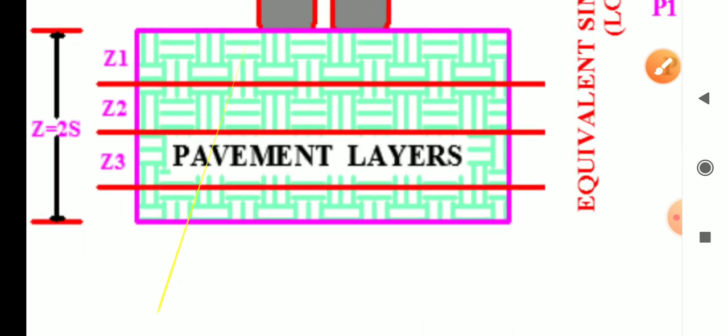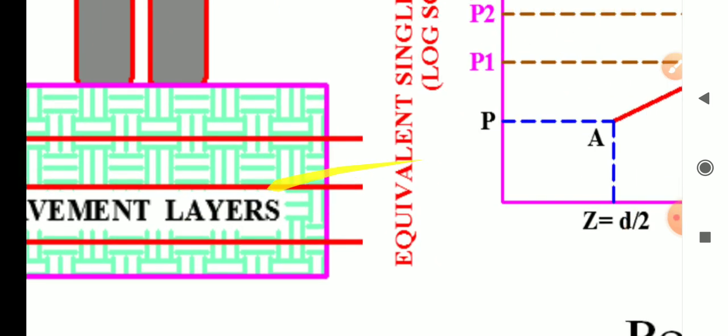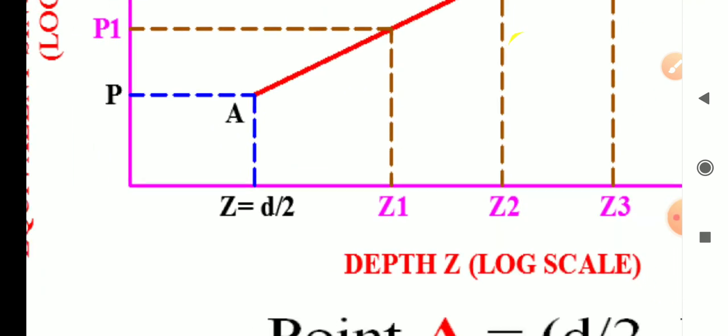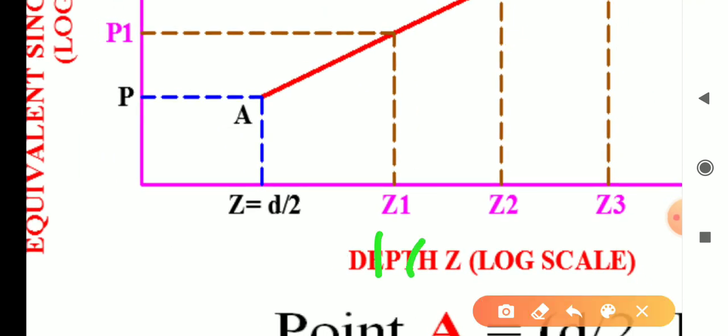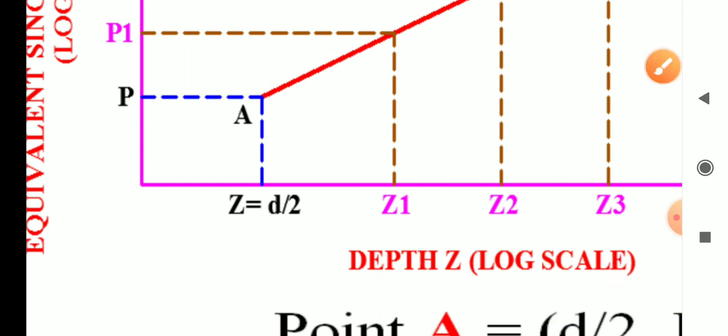So for example, Z1 will be given in the problem. From the bottom of the pavement 10 centimeter, how much ESWL in kg? Similarly Z2 is equal to 20 centimeter, how much ESWL? Similarly Z3, how much ESWL? They will be given, so 10 centimeter, 20 centimeter, 30 centimeter will be taken as Z1, Z2, Z3. For 10, how much is P1, that is ESWL P1. Similarly for 20, how much ESWL? Similarly for 30? We can predict it in the graph. P1, P2, P3 are stresses.